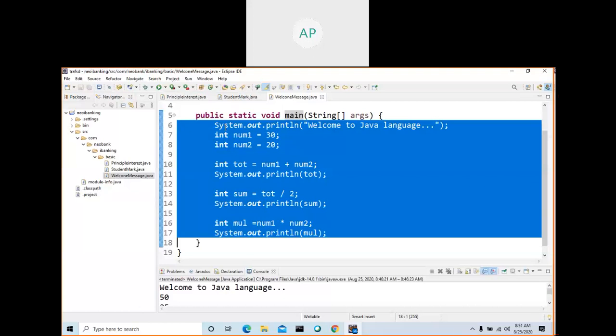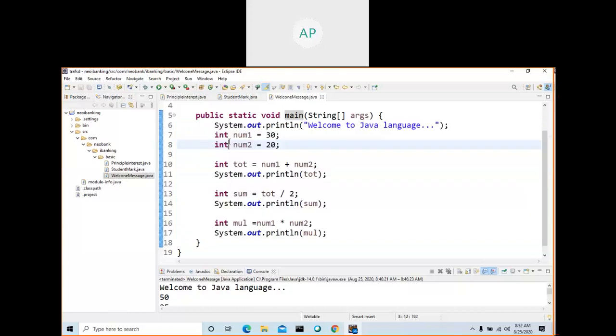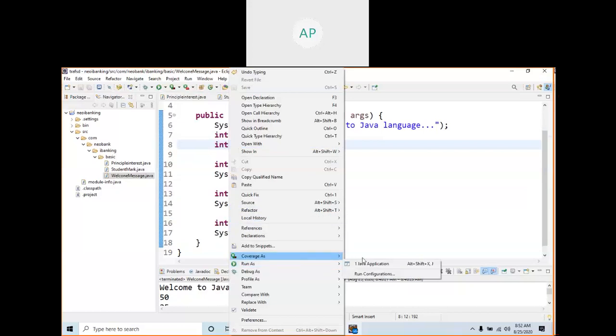Either we want to know what is the percentage, what is the total, or total and percentage, or what is the grade, A grade, B grade, or C grade. So sometimes we need different functionality, right? Normally we will not need all the functionality displayed on a single screen. Sometimes I want to give two numbers and multiply and see the answer. Sometimes I want to give two numbers and divide and see the answer. Sometimes I want to give two numbers, add and see the answer. Then how are you going to do that?